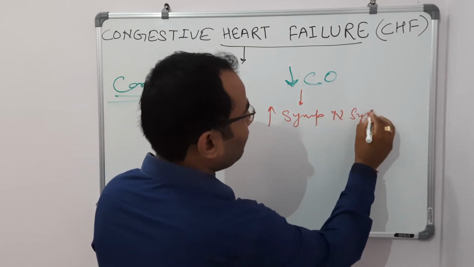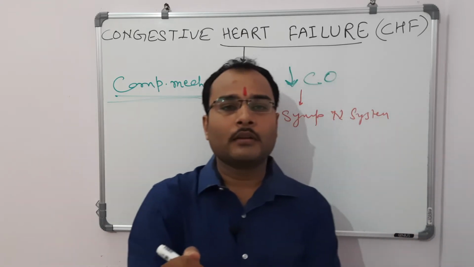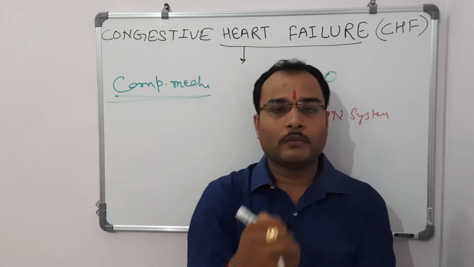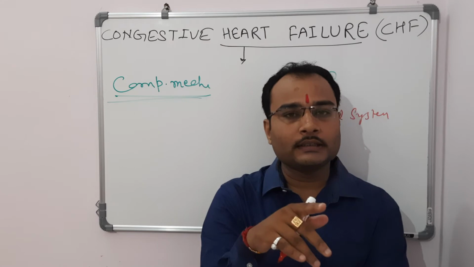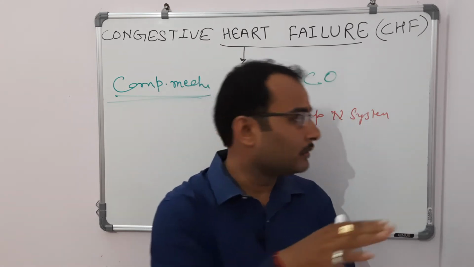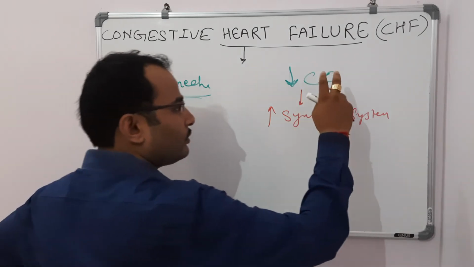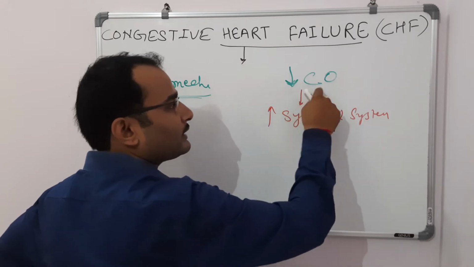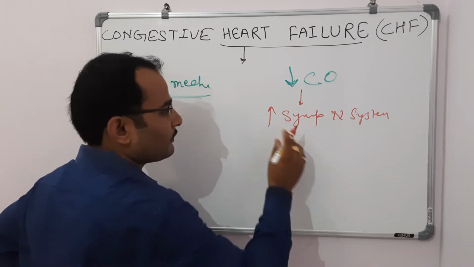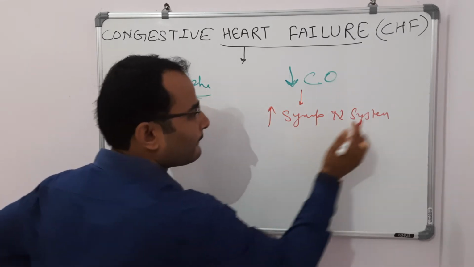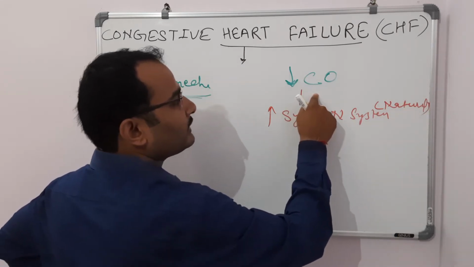sympathetic nervous system, because we know the sympathetic nervous system is involved in the elevation of blood pressure, and once the blood pressure increases, venous return increases, and with venous return the cardiac output increases. It means the ultimate goal of activation of the sympathetic nervous system is to increase the decreased cardiac output for the regulation of congestive heart failure. Now this is how the sympathetic nervous system is activated, and this mechanism is natural, because the decreased cardiac output is sensed by